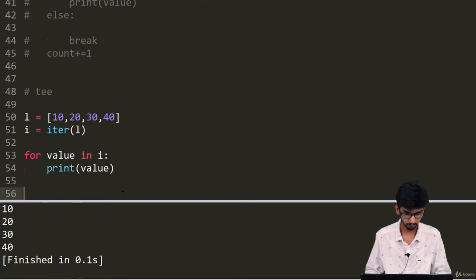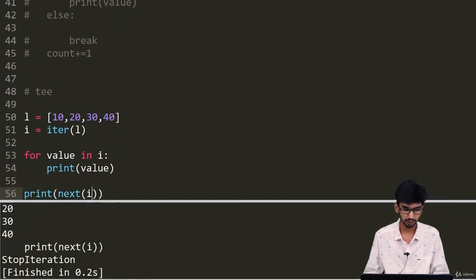Now if I try to write another for loop or just print next of I, it will throw an error saying StopIteration. Why? Because this iterator is now exhausted, all the values are already used, and I cannot change the position back to the start of the list. So I can traverse using an iterator from left to right, and I cannot go back.